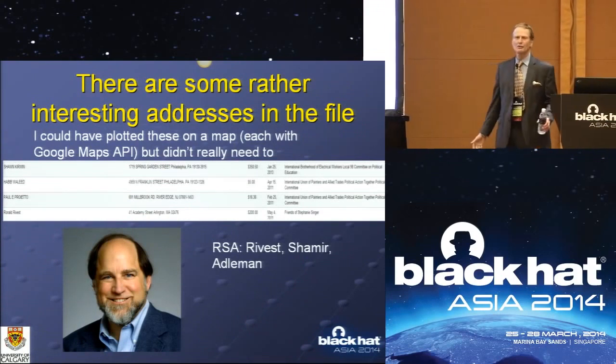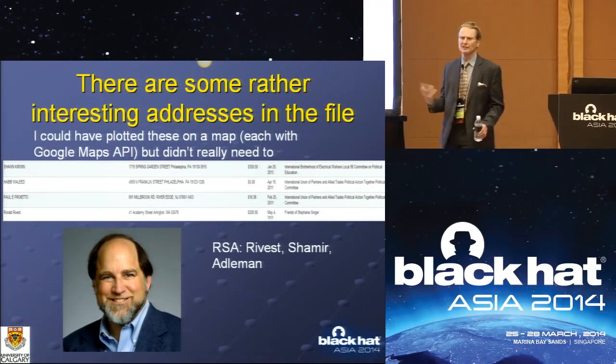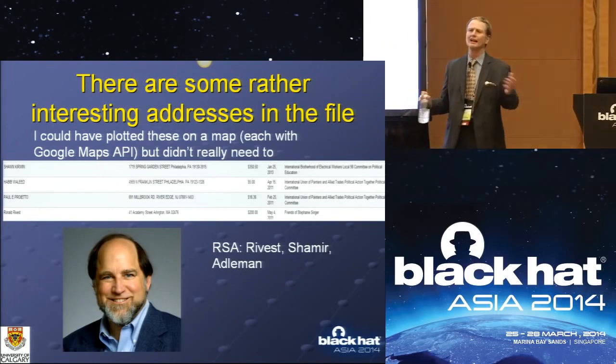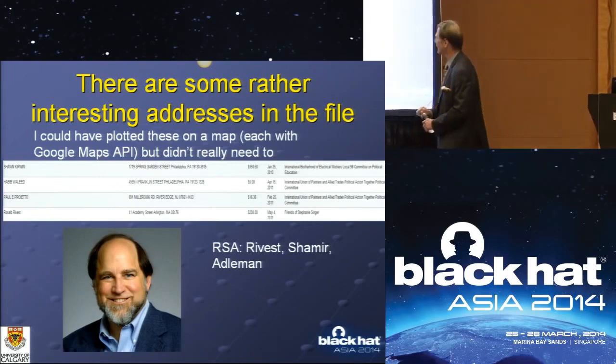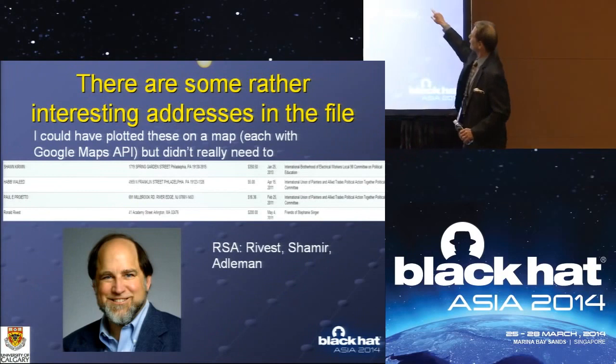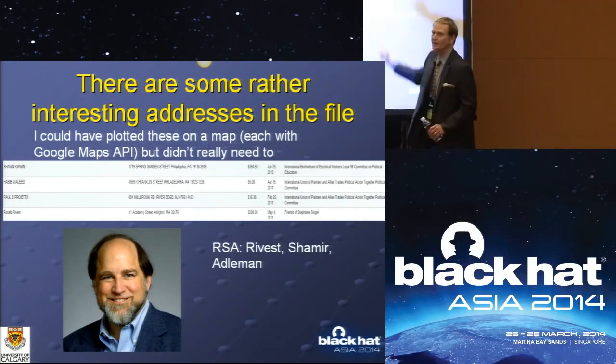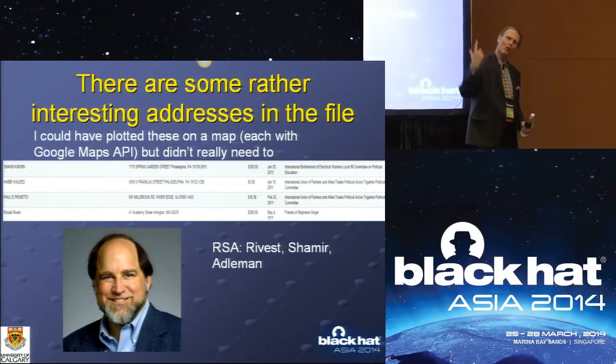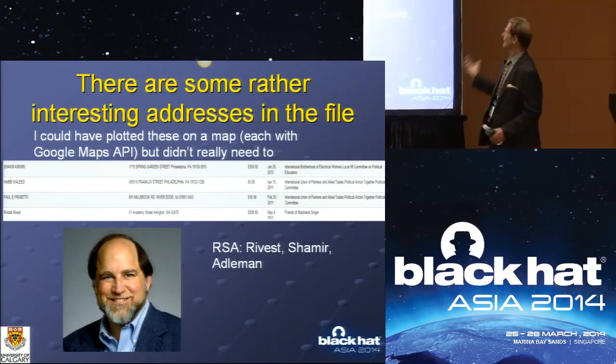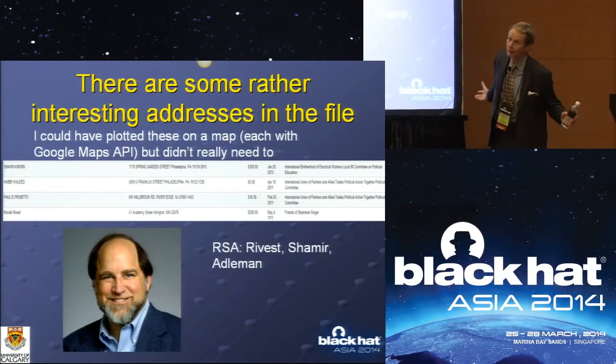Now, I was looking through these things, and one of the interesting things you can do with government data is plot it on a map. Why don't we plot it on a map here? Philadelphia, River Edge, New Jersey, which is near Philadelphia, Arlington, Massachusetts. Now, wait a minute. Why is somebody from Massachusetts contributing to a local candidate in Philadelphia?